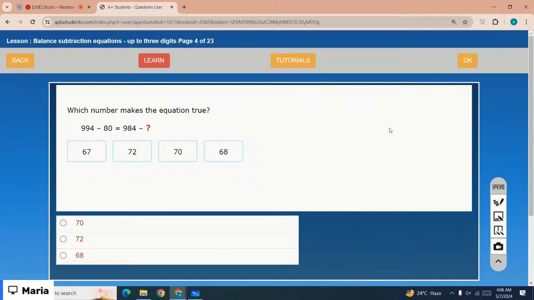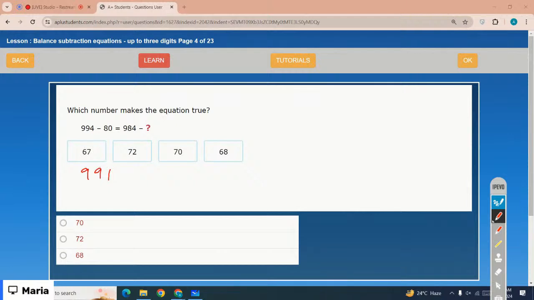The correct option is 70. Yes, it is 70. How? 999 minus 84 is